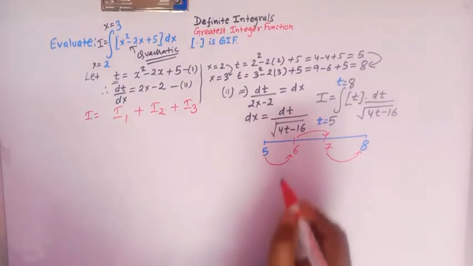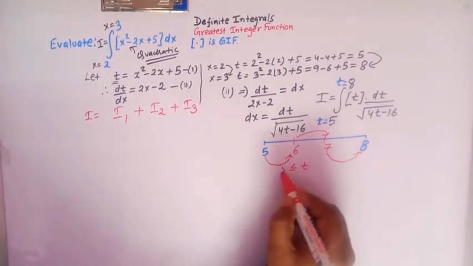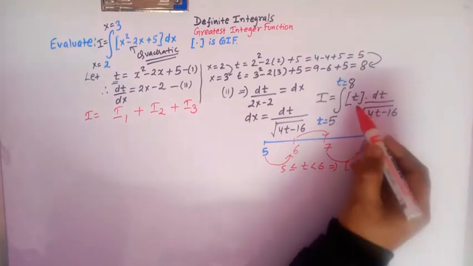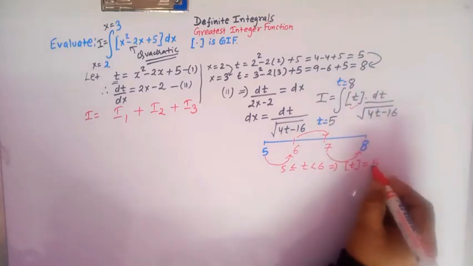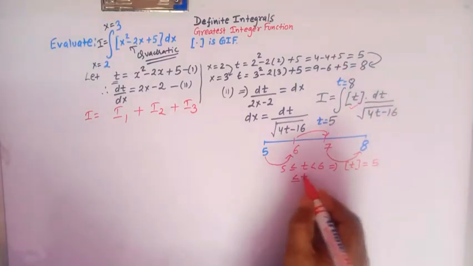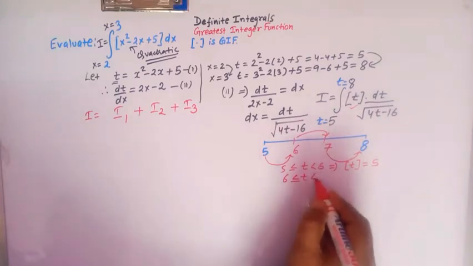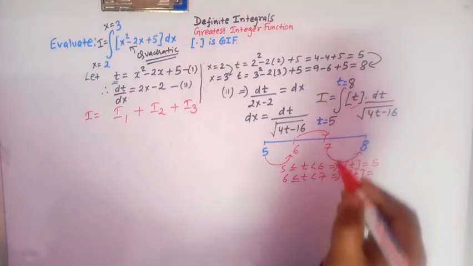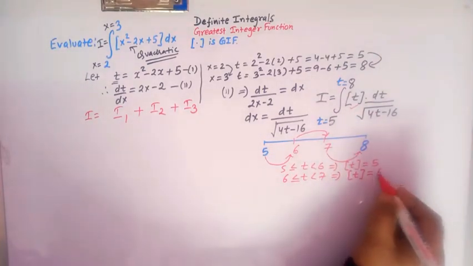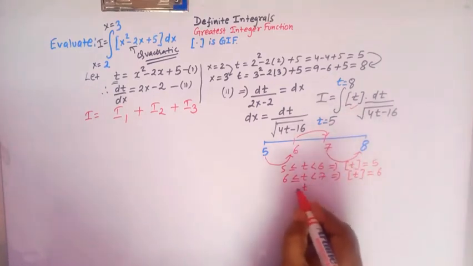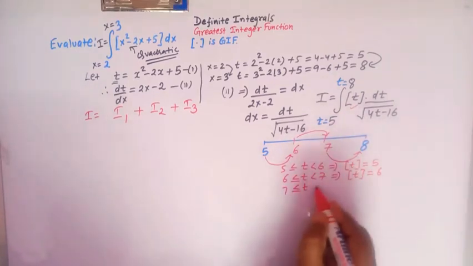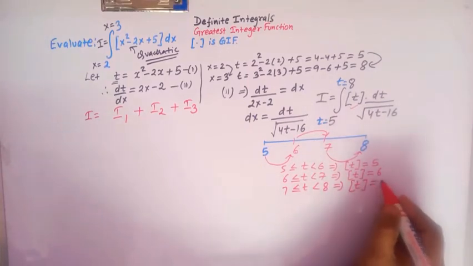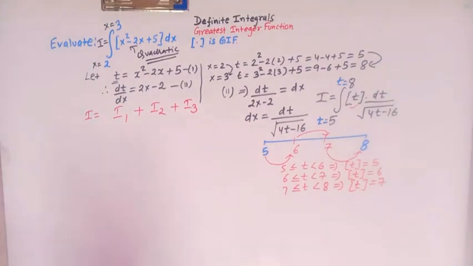And moreover, when t lies between 5 and 6, then the value of greatest integer t is equal to 5, and when t lies between 6 and 7, then the value of greatest integer t is equal to 6, and when t lies between 7 and 8, then the value of greatest integer t is 7, right? Okay, so now